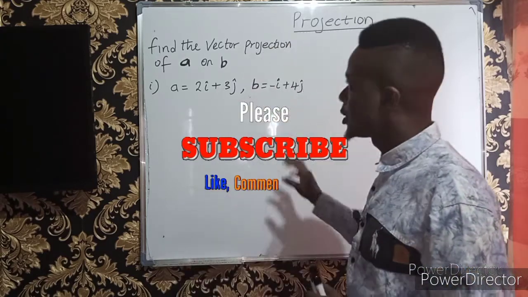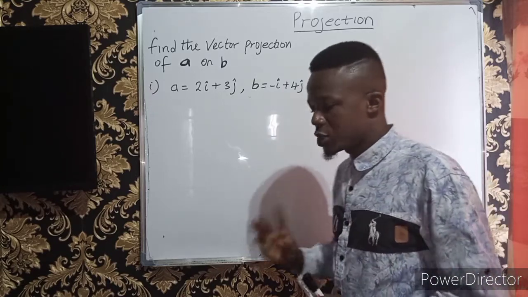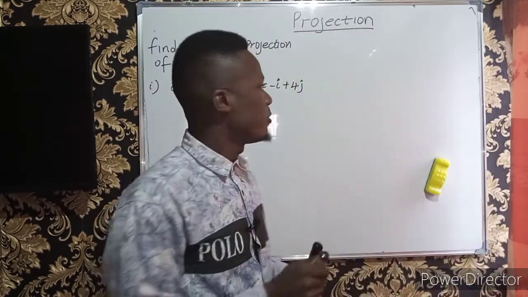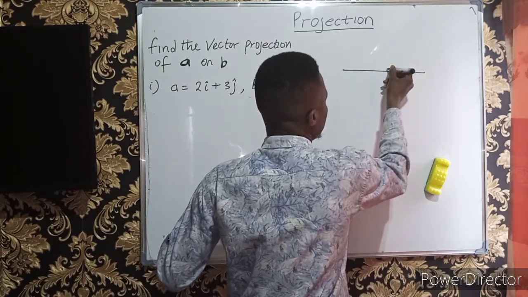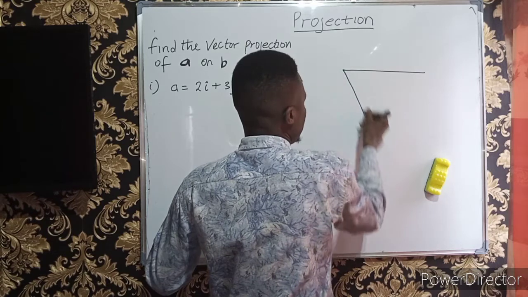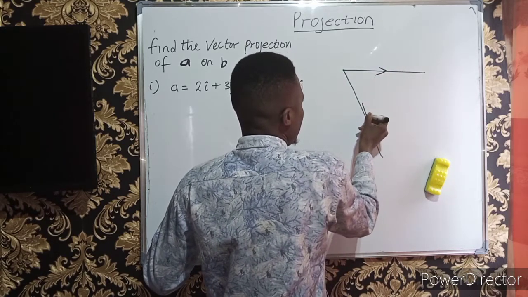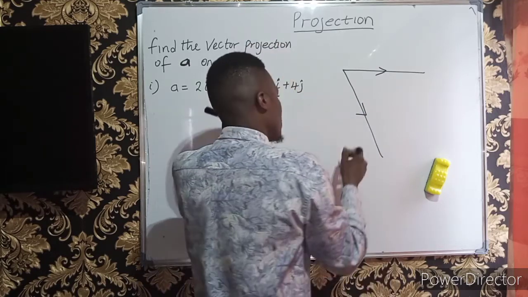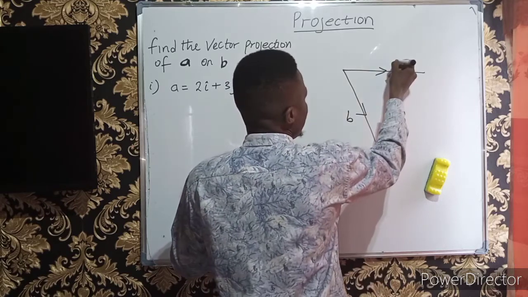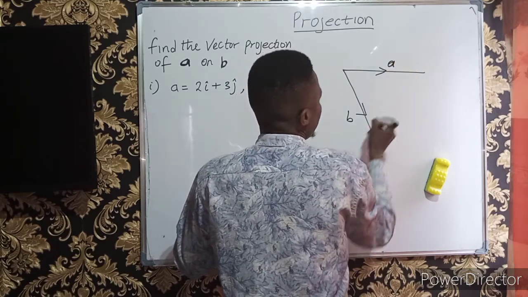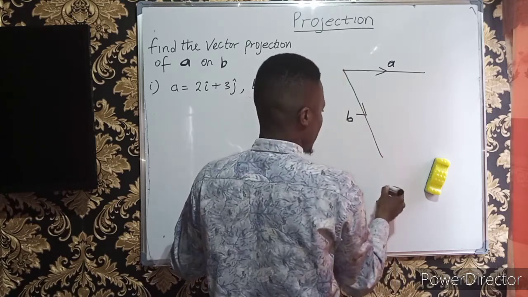Okay, now before I solve this particular question, I'll need you to understand what these projections are all about. Take for instance, I have two vectors, let's say vector A and vector B. So this is my vector B, for instance, and this is my vector A. Now, if I have a torchlight here,